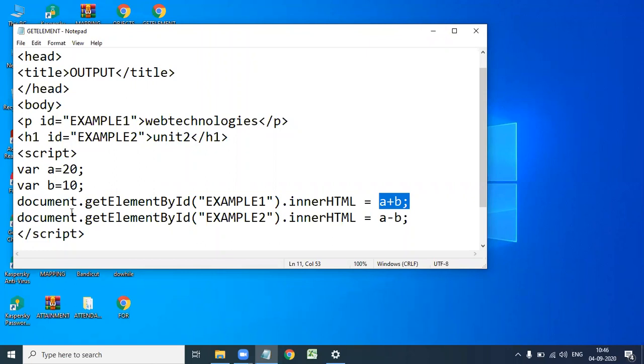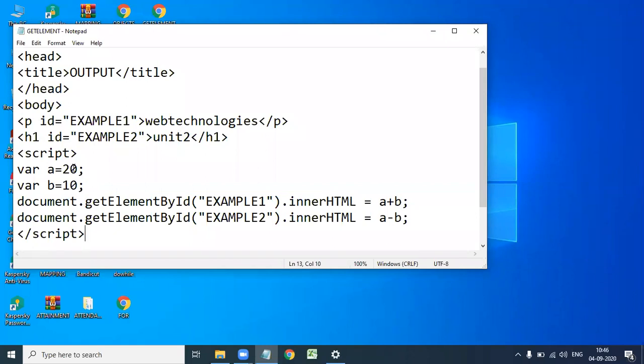Here the HTML content is in the paragraph tag with id equal to example1, web technologies, and in the heading tag, unit 2. So web technologies is replaced with the a plus b value and unit 2 is replaced with the a minus b value.